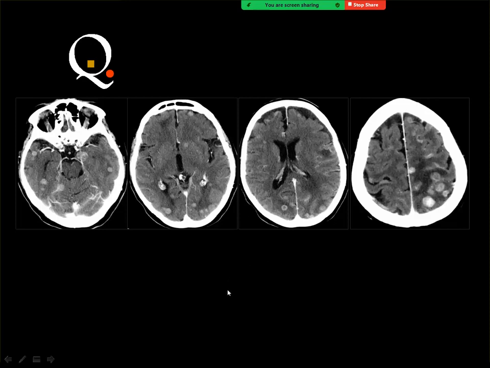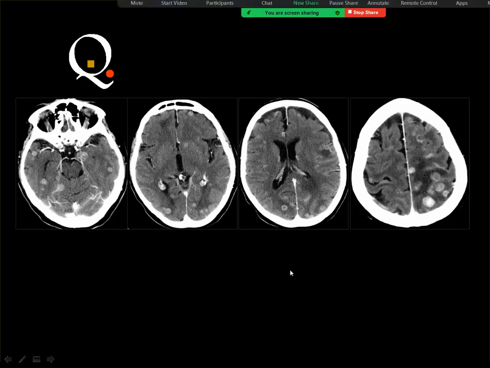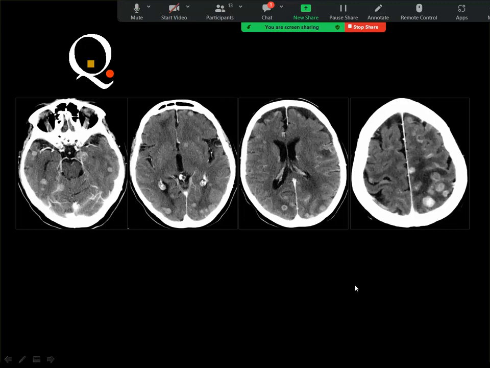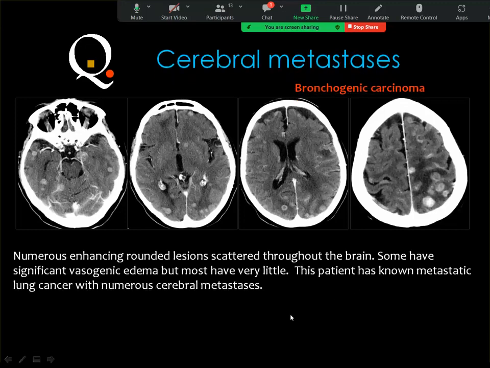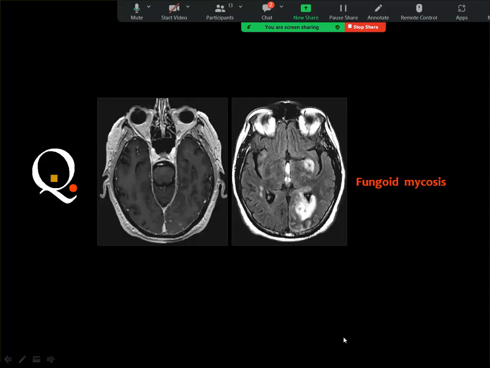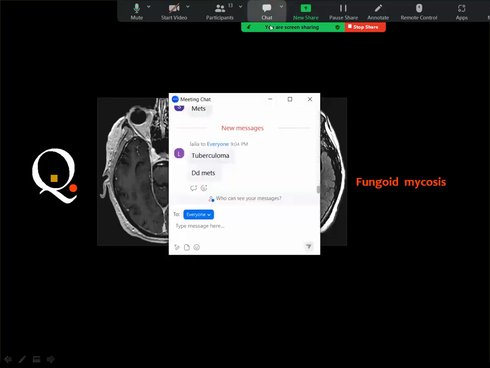The answer is right, and be sure that these are not, for example, tuberculomas, because these lesions are homogeneously enhanced, and also multiple lesions would be thought to be metastatic deposits until proved otherwise, even if you do not know that the patient had a primary malignancy. But if you know that the patient had a primary malignancy, then the first possibility should be metastatic deposits. This patient, in the FLAIR image and the contrast enhanced image, is known to have